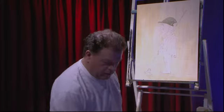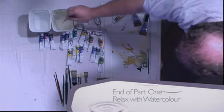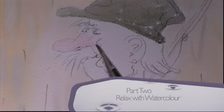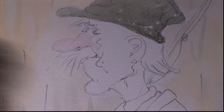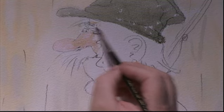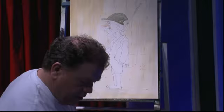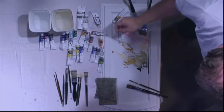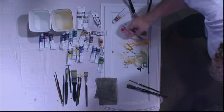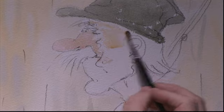Now I want to get some colour into his face. So I'm going to add in some alizarin crimson, and I'm going to mix that also with the yellow ochre. Keep the theme going. And a bit weather beaten, so we give him a little bit of colour there too. I'll make his nose a bit redder than that. He's too healthy looking there. So I just want to get some more colour into his face. Get that weather beaten look